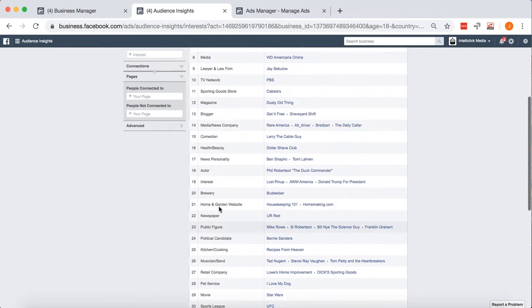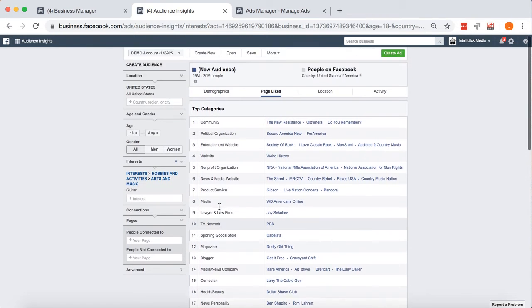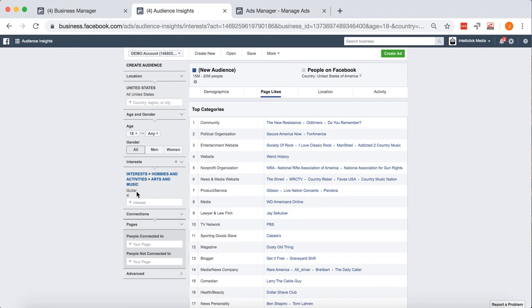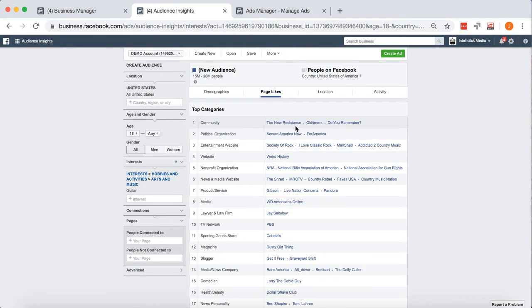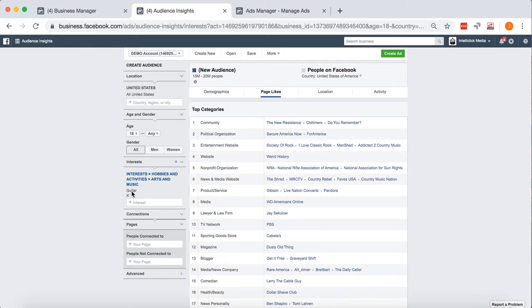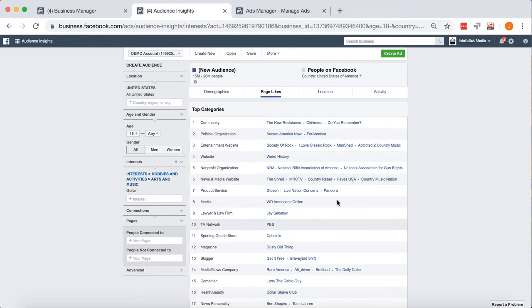So there's all these different categories, and Facebook is basically saying people that like guitar also like these things. Because we started off with a really broad interest like guitar, some of these are going to be completely irrelevant, but there's going to be some stuff in here that's a little more specific and will help us start to drill down. So first I'm going to look through here. Community, these don't look related to me. Political organizations, probably not so much. Entertainment, websites, nonprofit organizations, news and media,